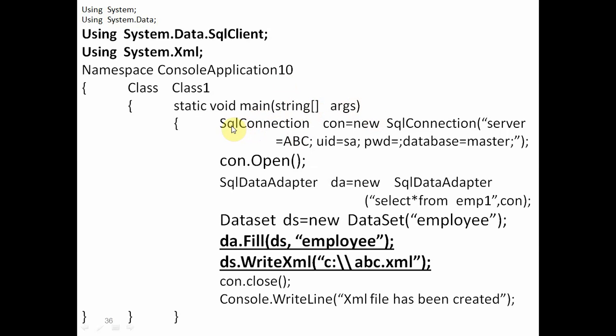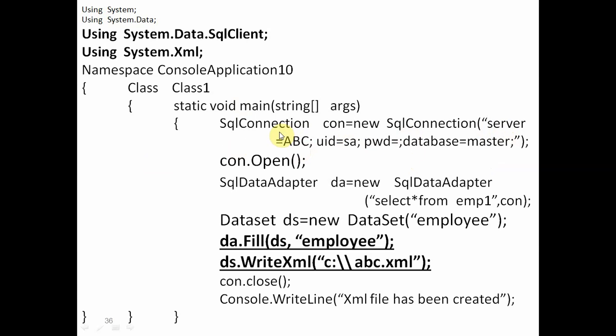This is a console program, and we have public static void Main(string[] args), and inside this Main we are writing the first statement, SqlConnection. For database connectivity we need to write the first statement, that would be SqlConnection. Its object is con equals new SqlConnection. We are writing here server name, UID means user ID, and password which is blank, and name of database. So we mention here server name as well as database name along with user ID and password.